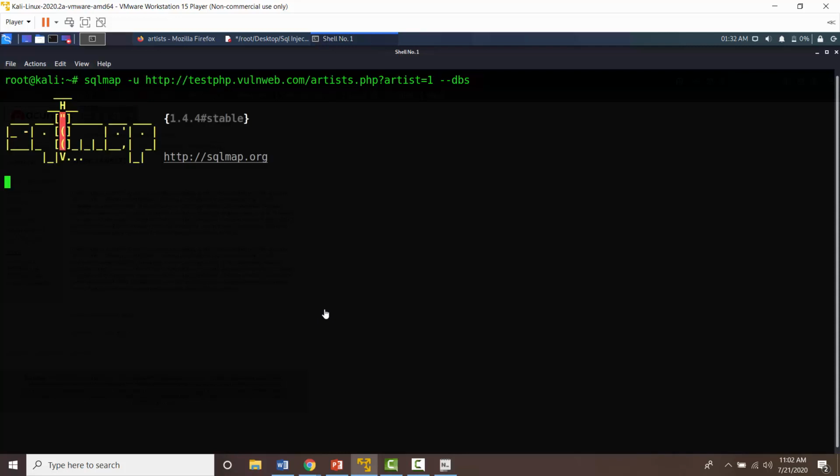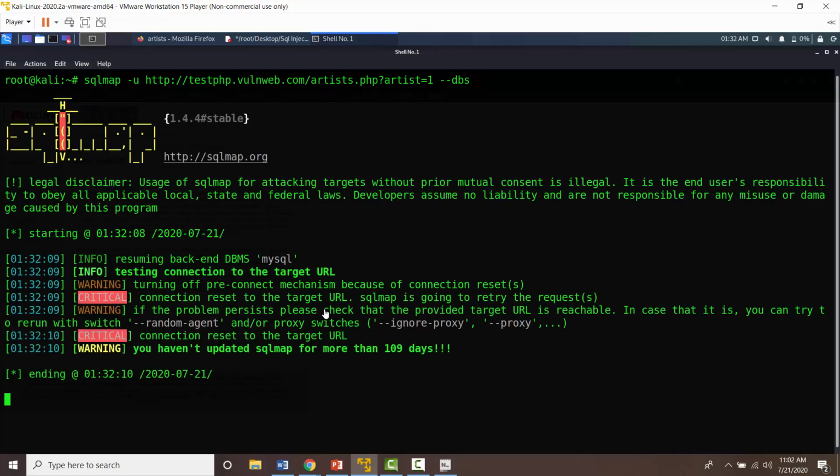The first thing, sqlmap -u. -u is for URL. I'll paste my URL, which is this, and I'll use the --dbs command, because first of all we want to see what particular database is present on that website server. I'll click enter, and it's going to enumerate. As you can see over here, it enumerated really fast, and a MySQL database is present over there,